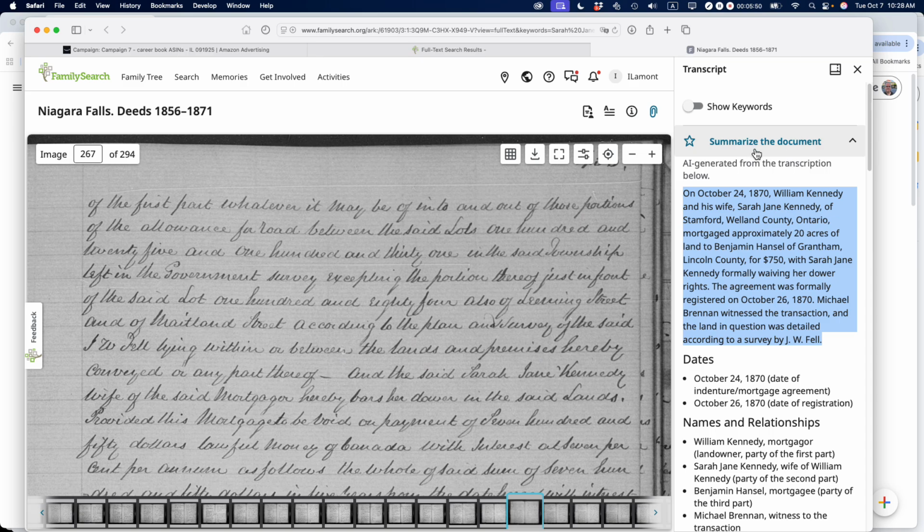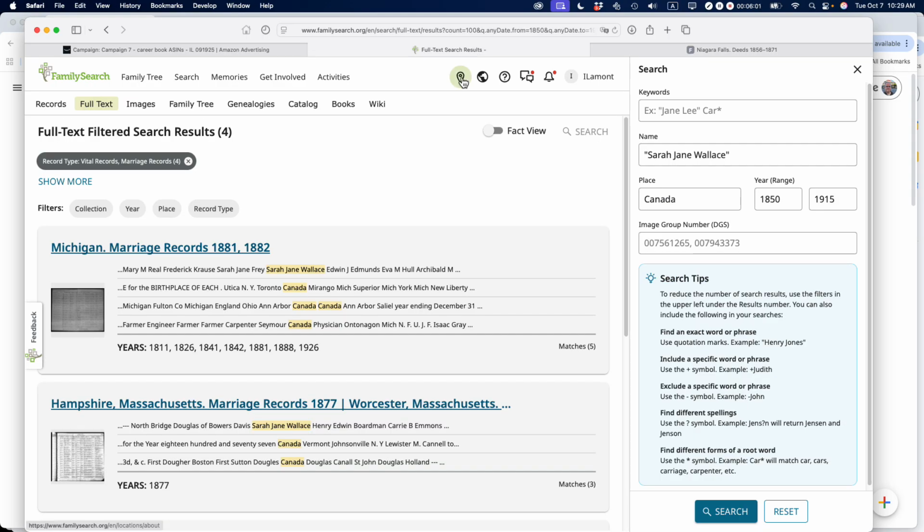The fifth thing that you need to know about FamilySearch is that with full text search, not everything has been fully indexed, or it's not indexed in a way that makes it easy to find. And I've discovered this actually with marriage records for this particular person. And there's a record that's missing from all of these results here, whether I use Sarah Jane Wallace or Sarah Jane McCartney. I don't know why it's not showing up in full text search,